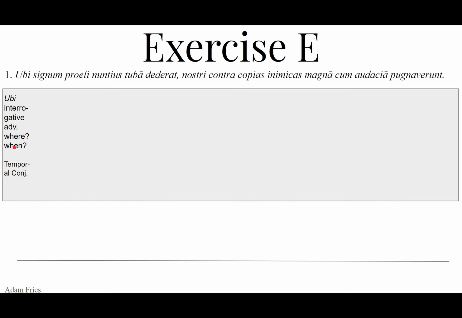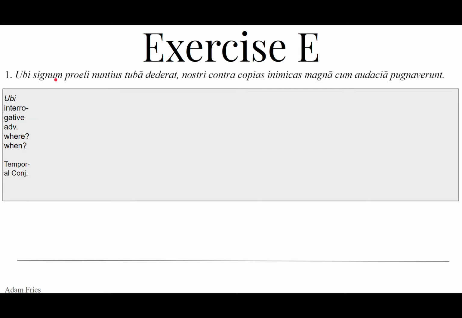Also we wouldn't know if it's an interrogative yet. We're going to have more information. It could also be a temporal conjunction, meaning that it is a conjunction which is introducing us to a temporal clause, and that's when. And it's not asking a question, it's not interrogative. We're just stating when something happened, then something else happened. If so, then this is not the main sentence. This will be a clause. So we don't know which. We need more information. Let's continue.